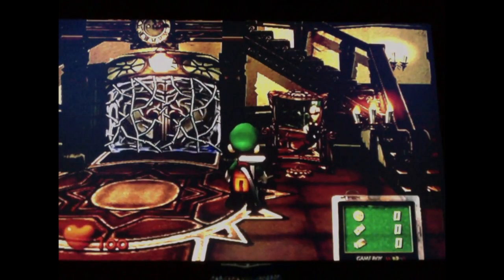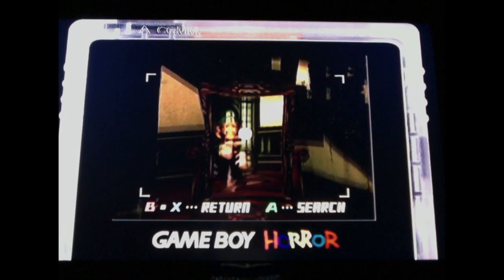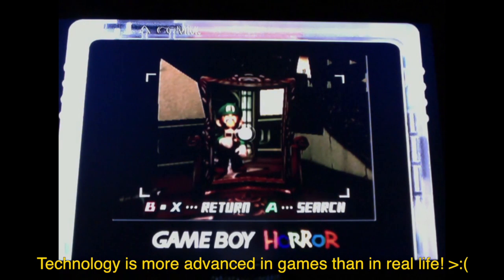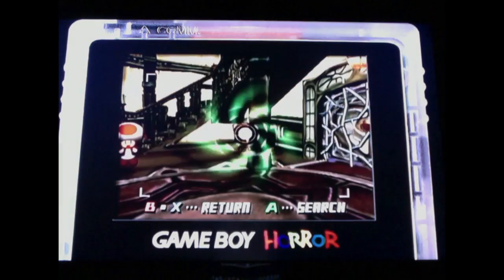And if you press the X button, you can go in the first-person view with your Game Boy Horror. Yeah, Luigi's Game Boy Color has a camera on the back of it. Luigi's Game Boy Color has the hardware that we did not have until the DSi. Anyway, you press the A button to check anything you want, pressing the A button to search